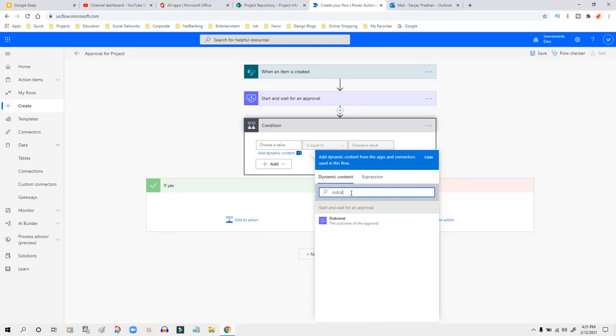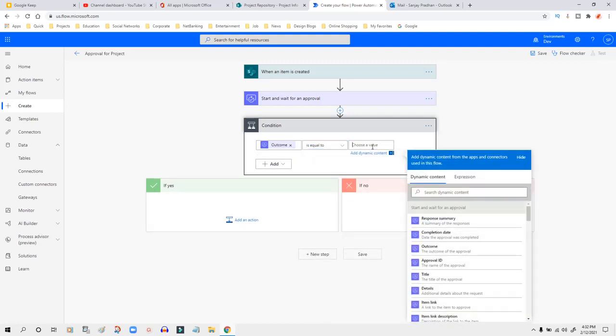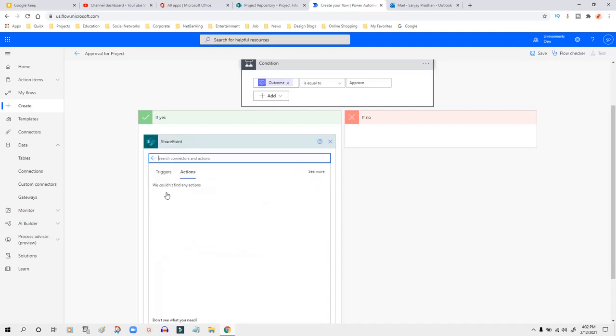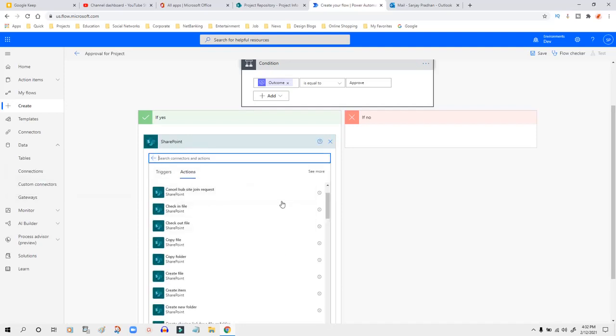Okay, this is the outcome column which is present in this start and wait for an approval step. If this outcome is equal to approve, okay, then if this satisfies this condition, then I want to update the value of the item as approved. So I will choose SharePoint, and this time I will choose an action called update